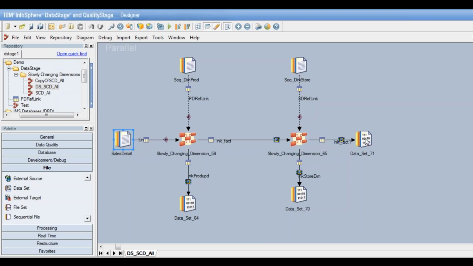That is the fact, but that's not really necessary in the true sense here, because all you really want is the surrogate IDs created, which is actually coming out in 64 and 70. But the original, okay, right. I get it. Okay.